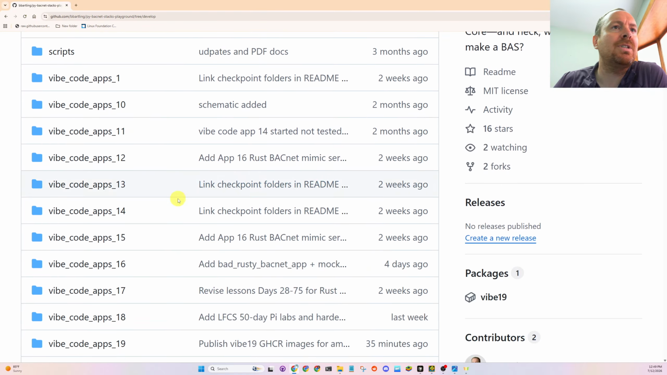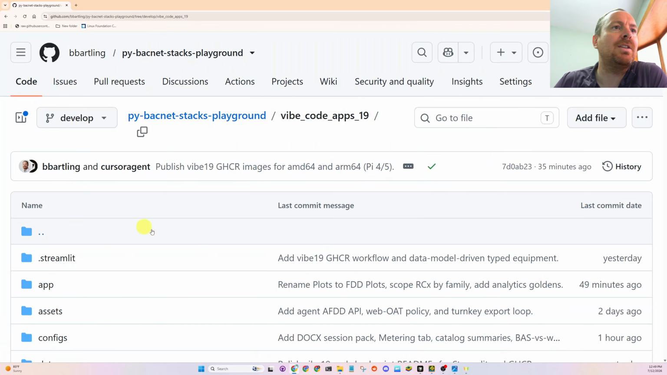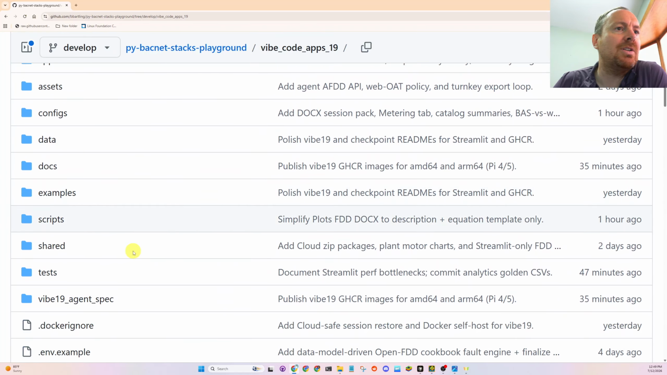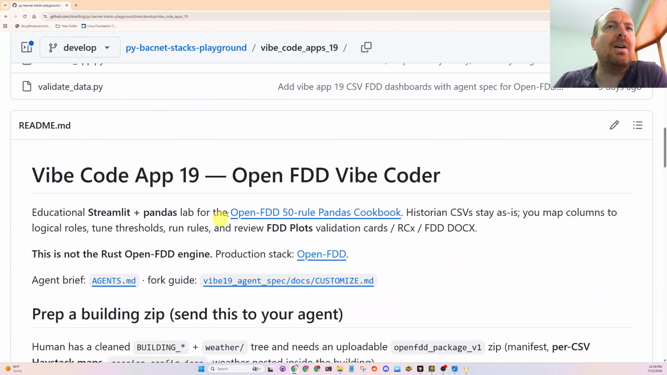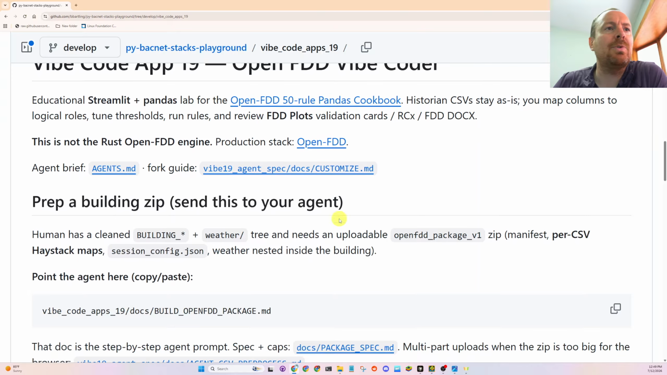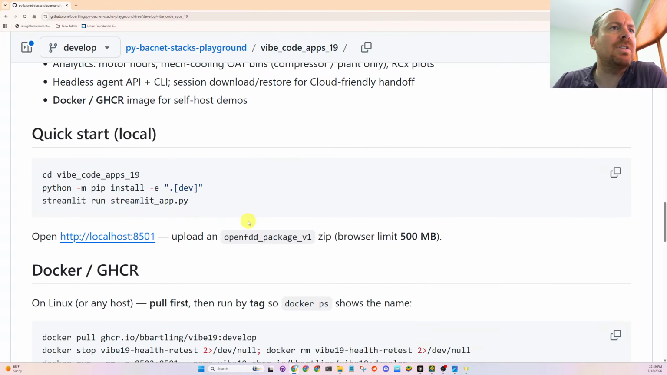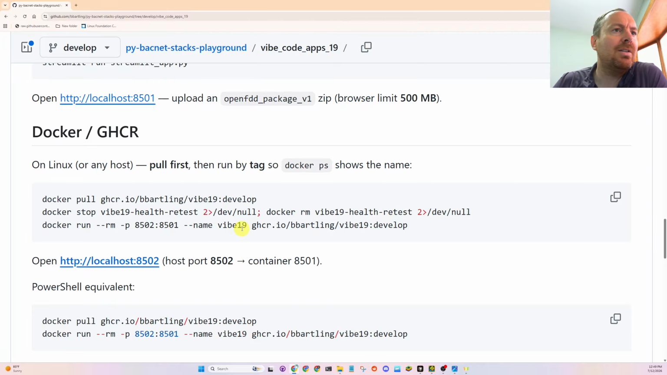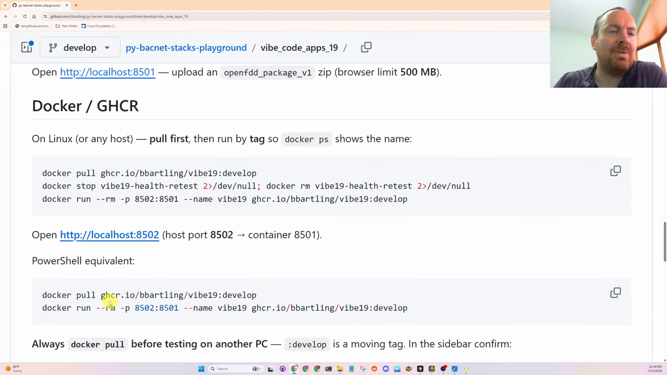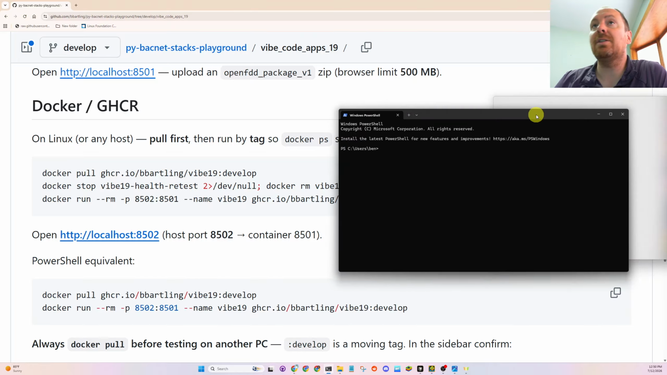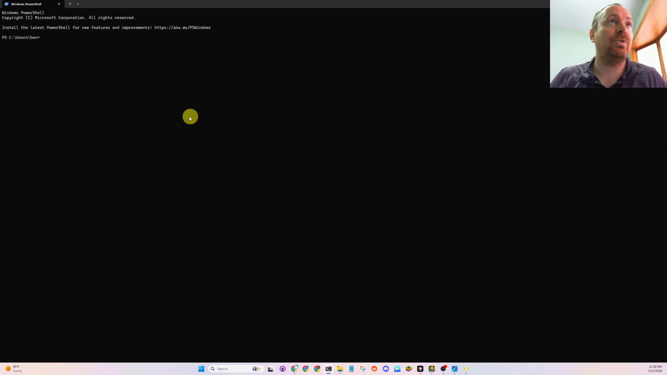Okay, so if I go just into the vibe code app 19 here, there's some more information here as well. Like the expression rule cookbook and pandas. What I wanted to cover was just this, how to do this in Docker. I can probably demo this too in PowerShell on Docker Desktop in Windows, so I'm just going to bring up PowerShell here. And like I showed you yesterday,